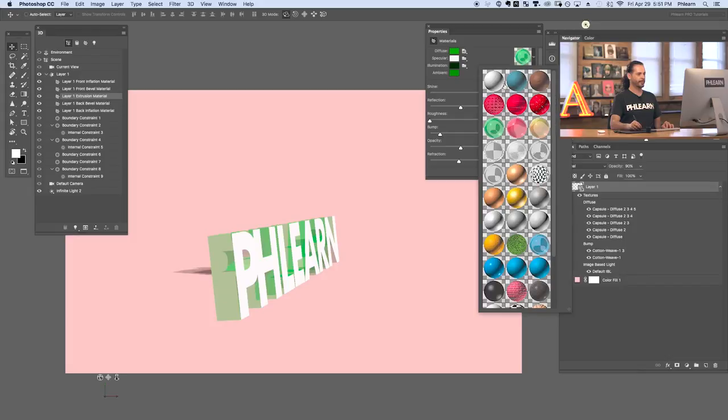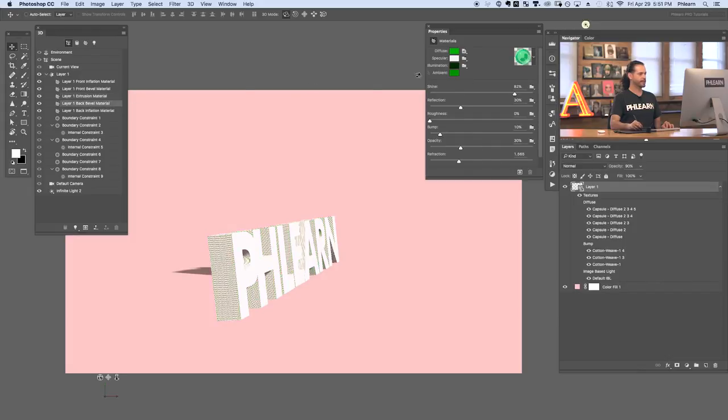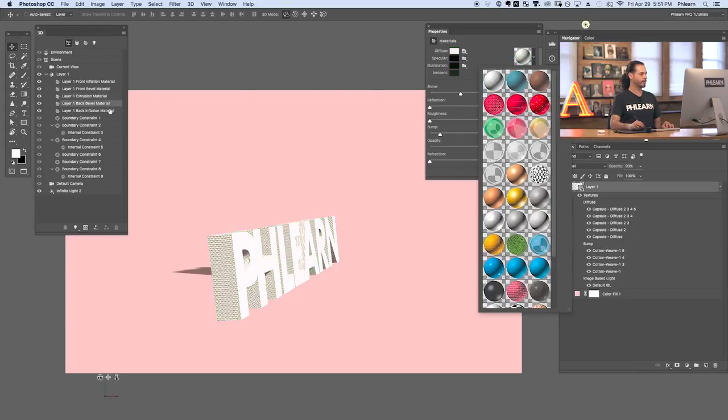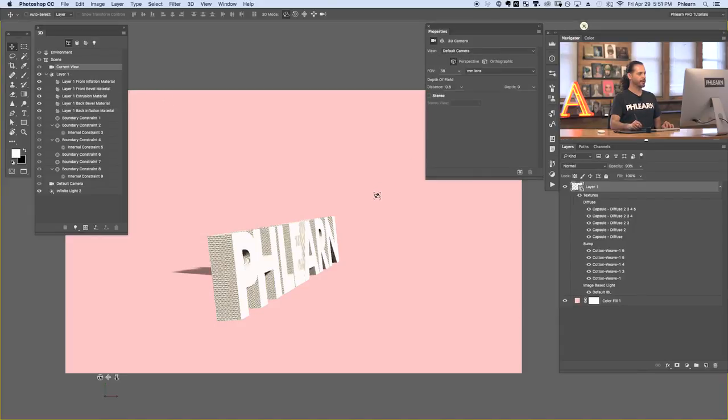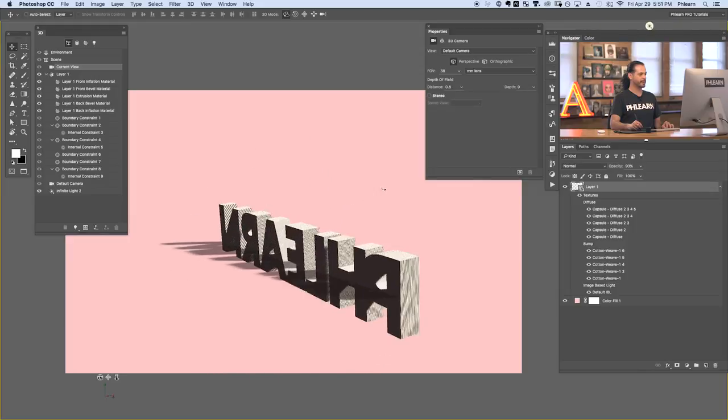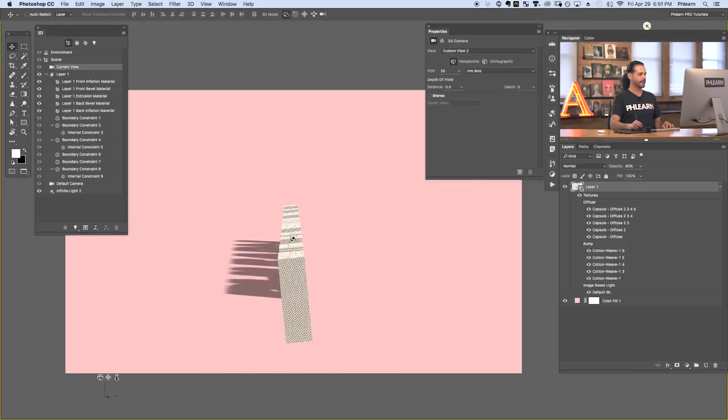Okay, there we go. Click on each of these and almost done here. All right, great. Now, when you're 3D printing in Photoshop, basically you want your 3D print to line up perfectly